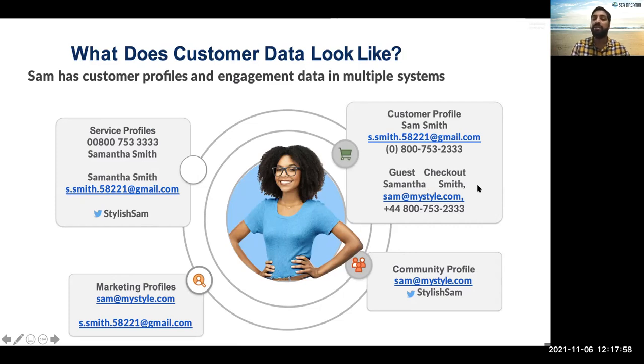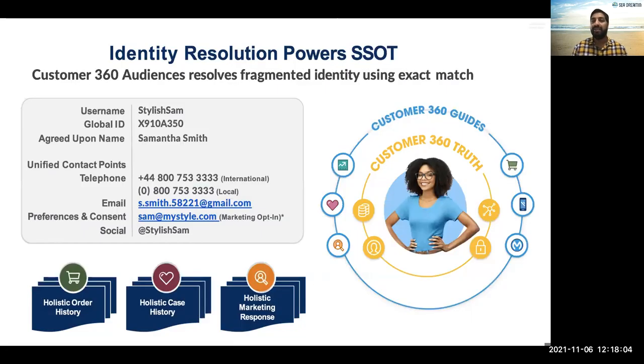You see all this data unifying, and how, using multiple attributes, we were connecting. You see the power of a single source of truth, and SSOT will help to resolve the fragmented identity using the exact match that we designed. So we designed data matching rules, duplicate rules, reconciliations, and finally I got to know Customer 360.